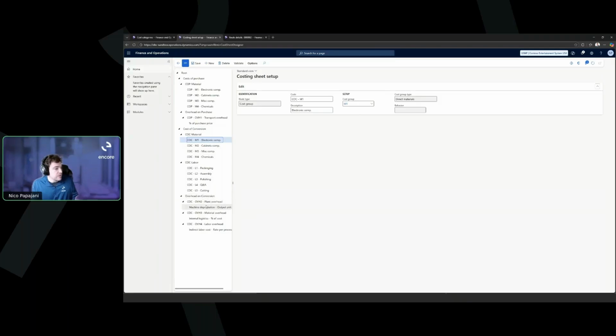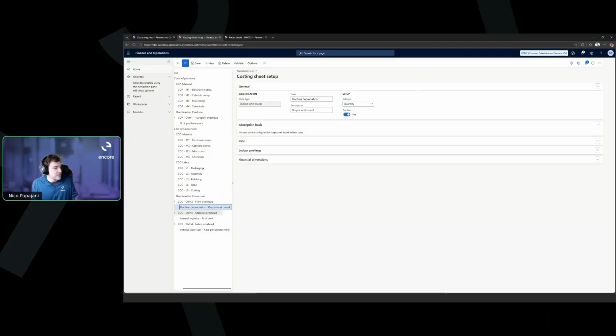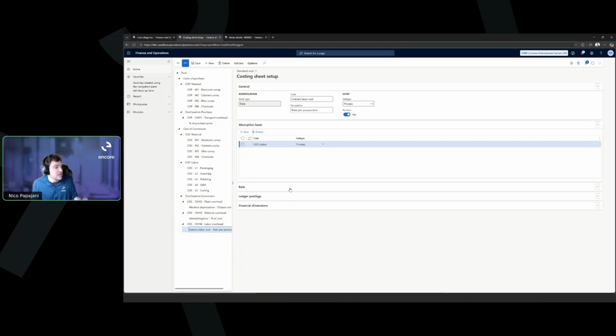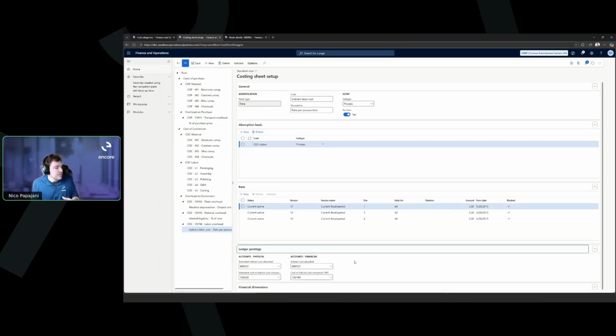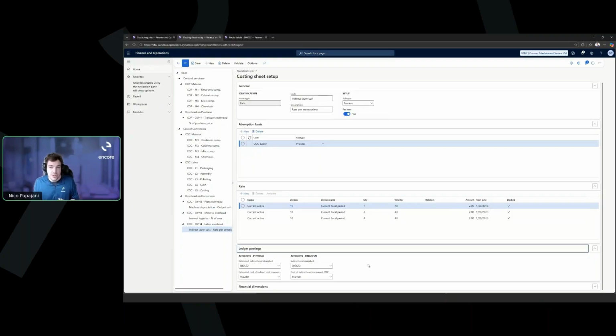So we talked about overhead a few times. Down here in this cost sheet, we have overhead, we have plant overhead, we have material overhead, and we have labor overhead. Labor overhead is probably the most simple one to understand, right? We can define labor overhead by site, which is great. If your environment has multiple sites, each one of them can have a different kind of indirect labor cost overhead associated with it. You can see down here this rate, right? We have different current active rates for each site, and then obviously the amount of the overhead